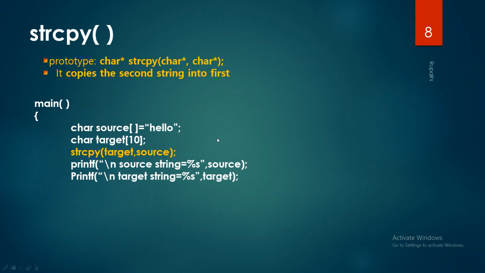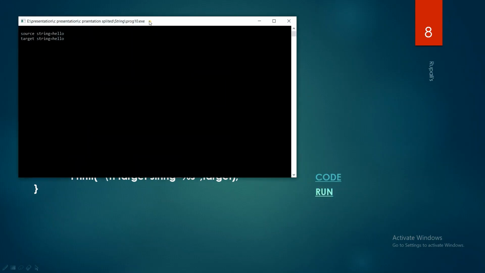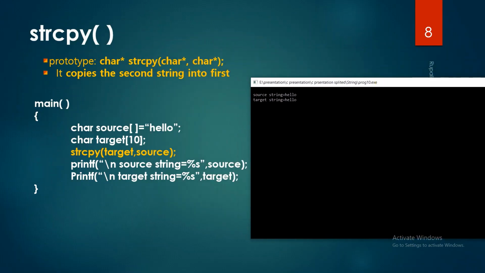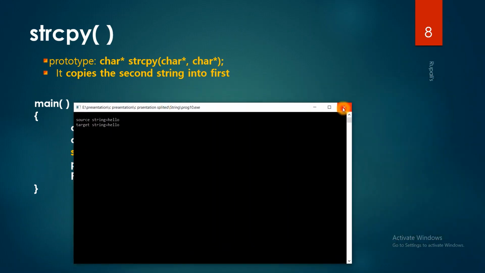Then I am printing the source string and target string. See the output. Source string is hello, and it is copied, so the target string is also hello. But here you have to pass the source string address and target string address, the base addresses.